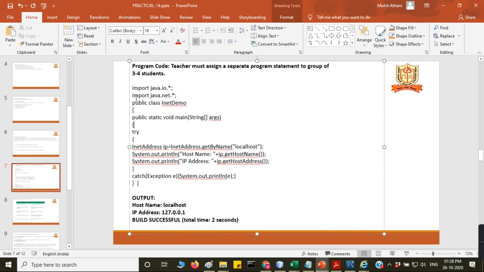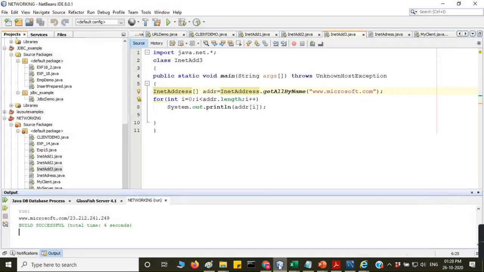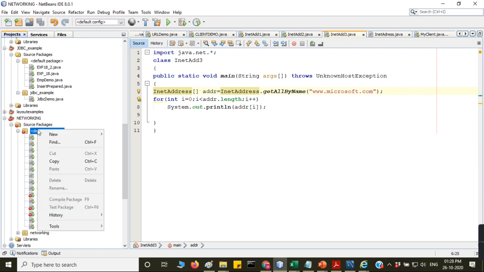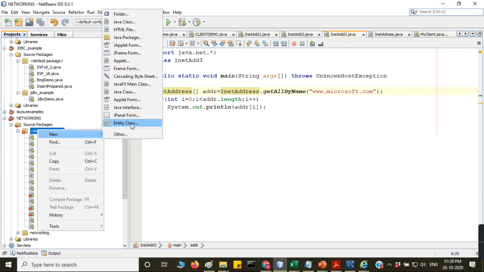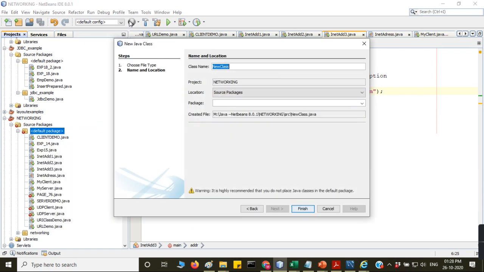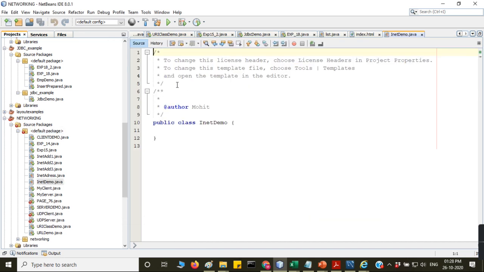So I am copying this, Control C, net demo. Right click there, new Java class, net demo, finish.